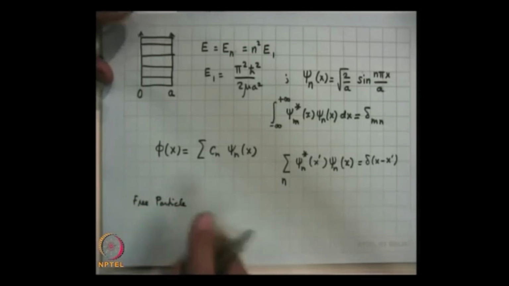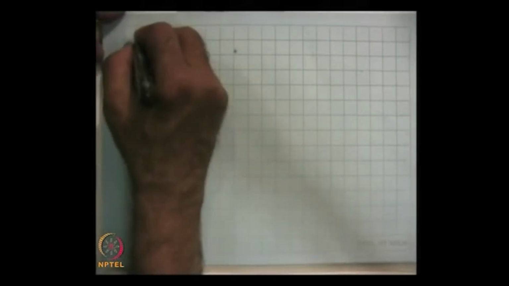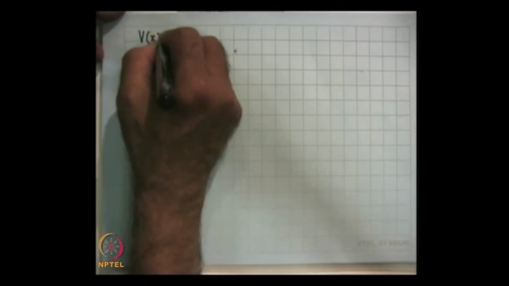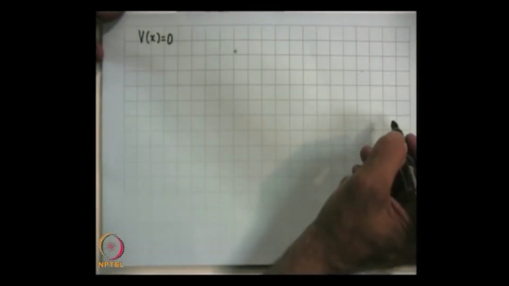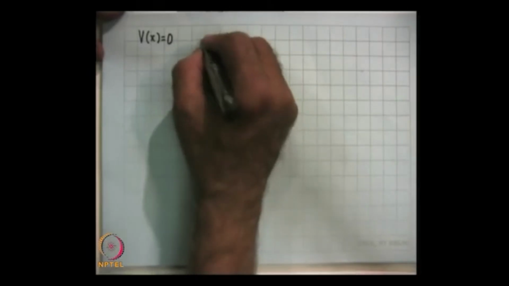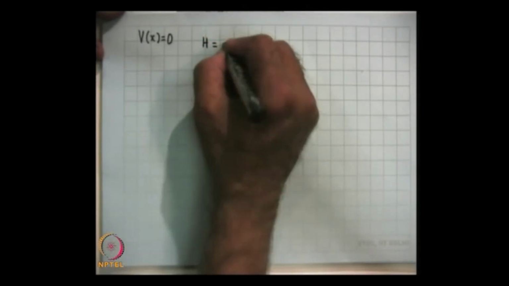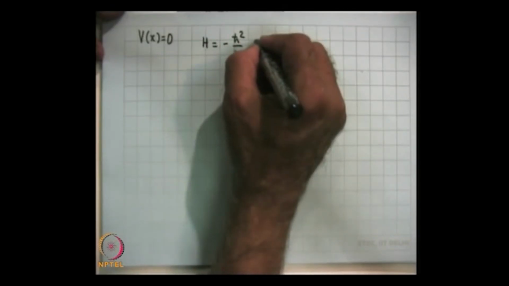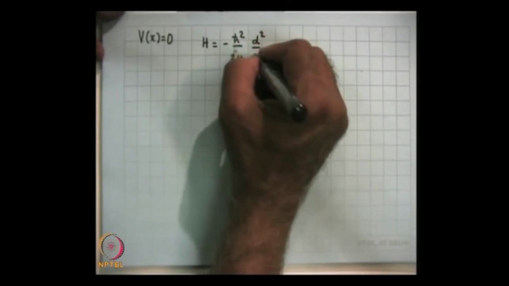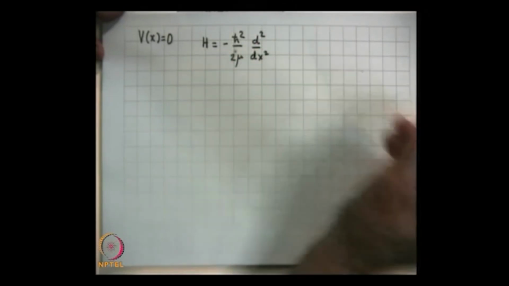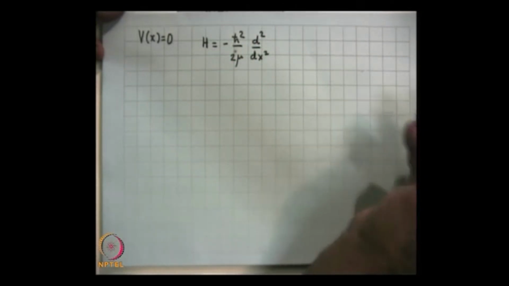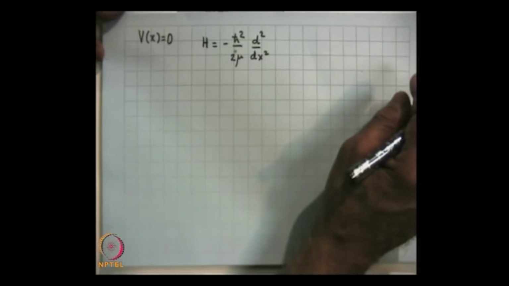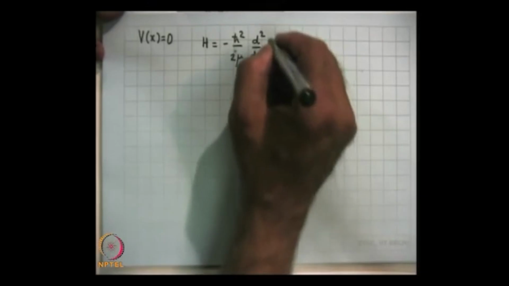Now, in the free particle problem, let me do it on another sheet. V of x is 0 everywhere, so it is a free particle, and the Hamiltonian operator is equal to minus h cross squared by 2 mu d2 by dx squared plus V of x, but V of x is 0. So, we had solved this equation